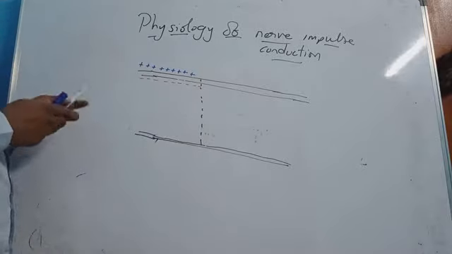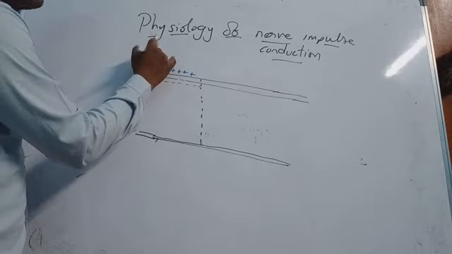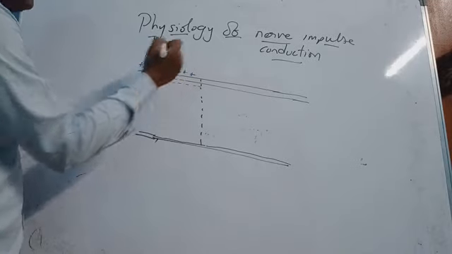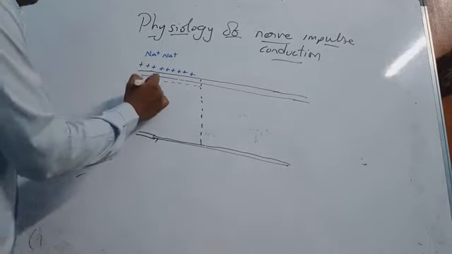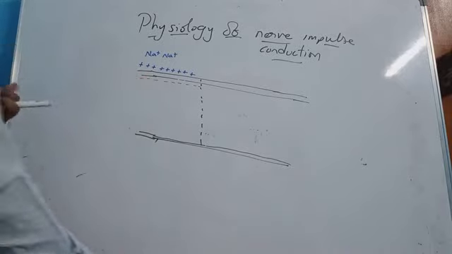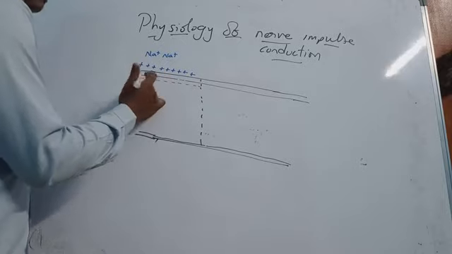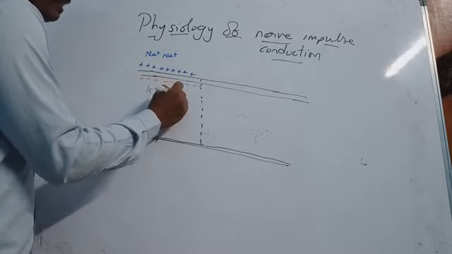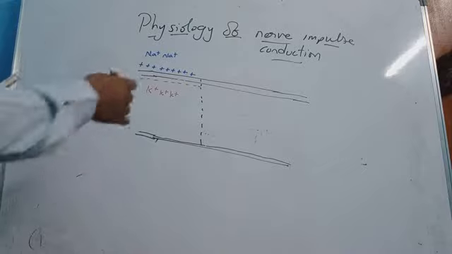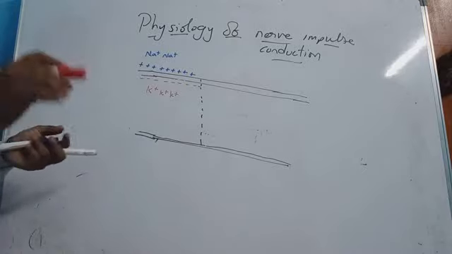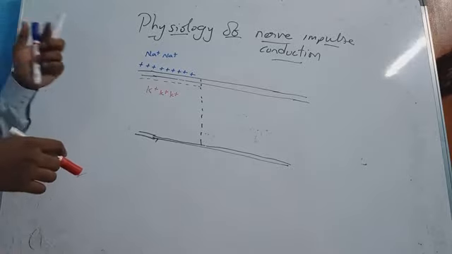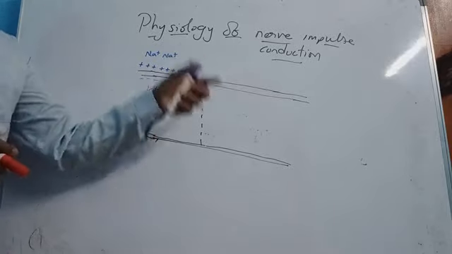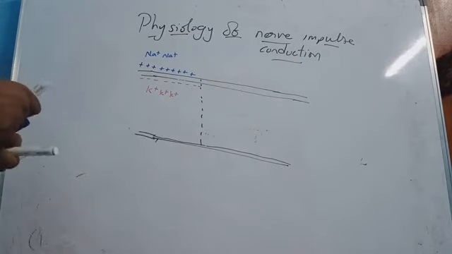And coming to ions, what ions do we have more outside? We have sodium ions more outside because of the activity of the ionic channels, and we have more potassium ions inside. This is supported by many things. As I have said, one is the permeability of the ion channels. Ion channels are only permeable to the potassium ions, not to sodium ions. And moreover, they are also helped by the sodium potassium ATPase pump.